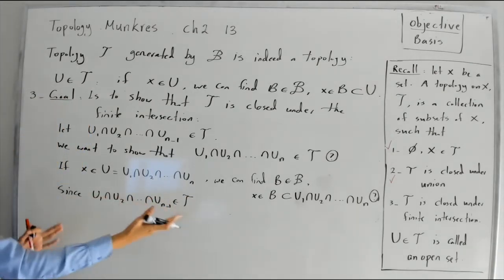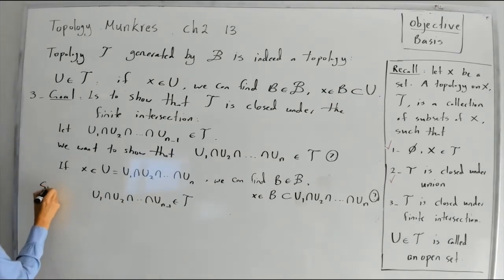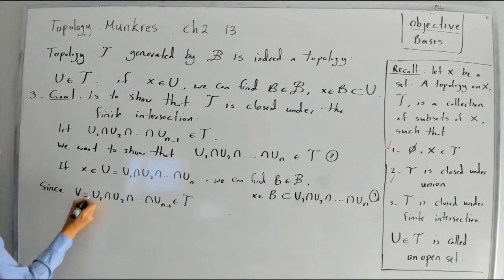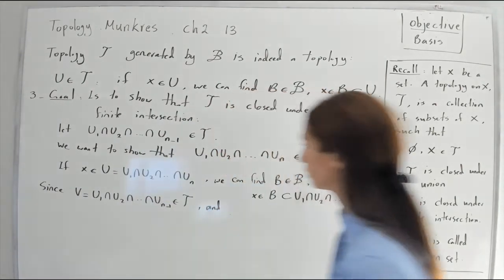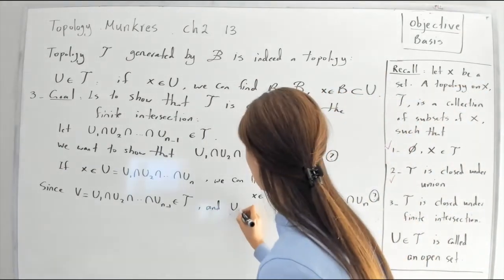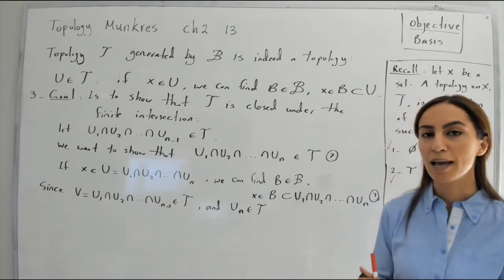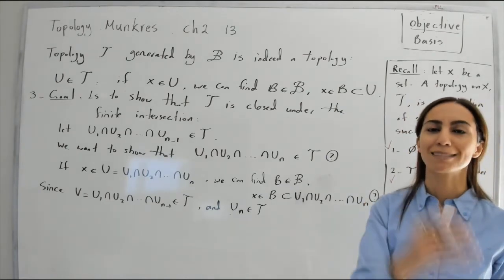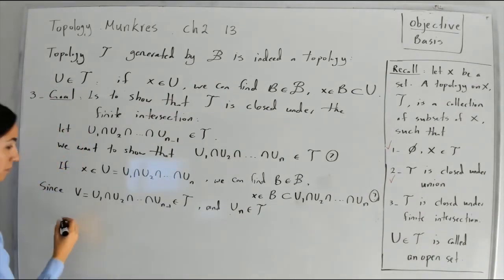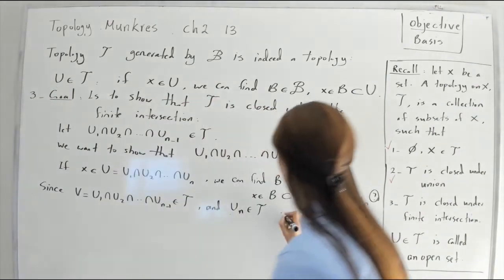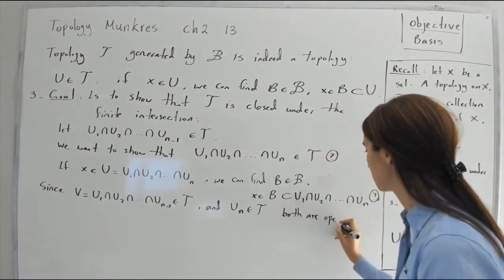We can just call this V. And also UN belongs to tau. It's similar to what we did as the very first step, the base step in our induction. Both are open sets,